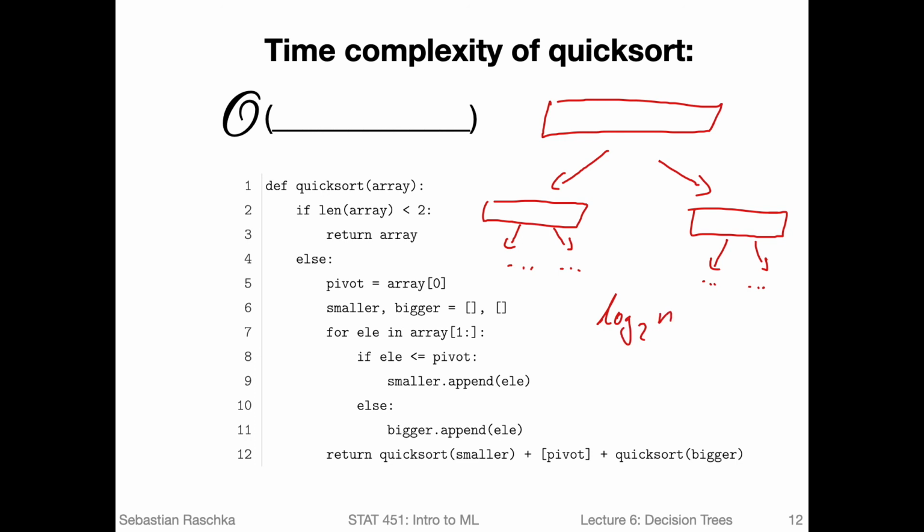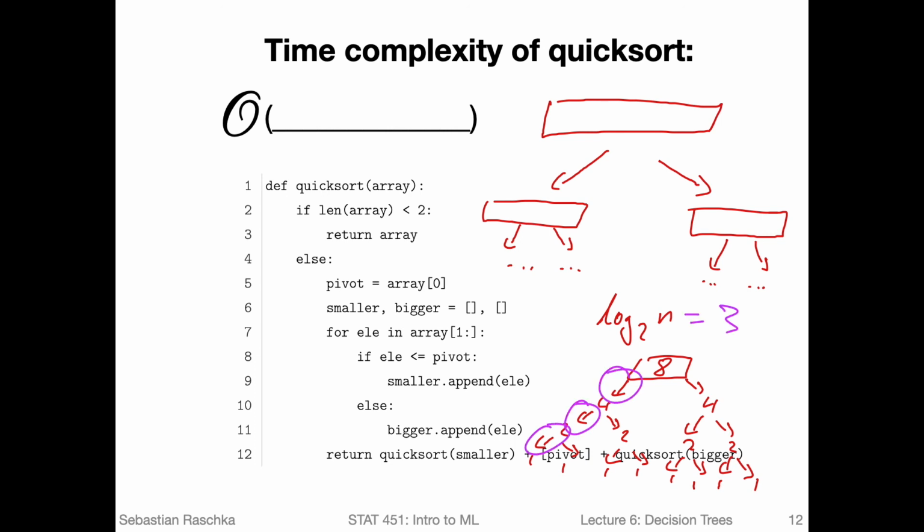So for example, if I have an array of length 8, I would split it into 4 and 4, so length 4 and length 4, and then for each one I would split it again into 2, 2, and then this one gets split into 1, 1. So in this case, let me just quickly finish this. So this is just the length of the arrays, and if you then count the number of splits, it's 1, 2, 3. So this checks out, right? So this gives us the number of splits.